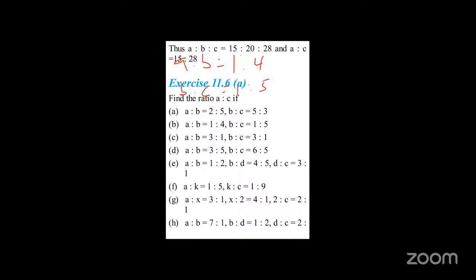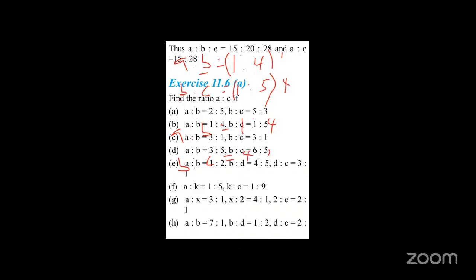For this case, the value of B in the two ratios is different. So we are going to multiply the first ratio by the value of B in the second ratio, and in the second ratio we are going to multiply by the value of B. So we are going to have A ratio B being equal to 1 ratio 4, and then B ratio C being equal to